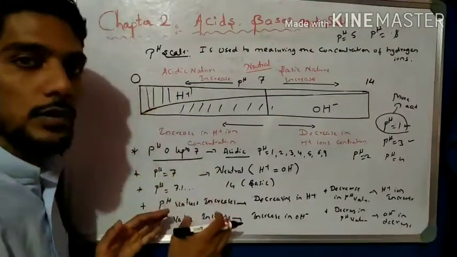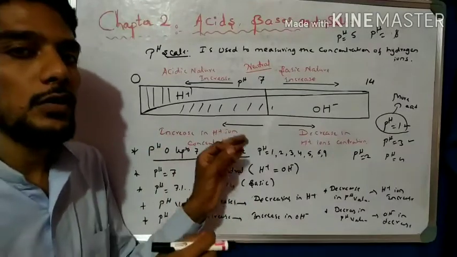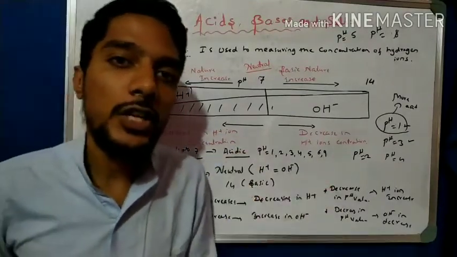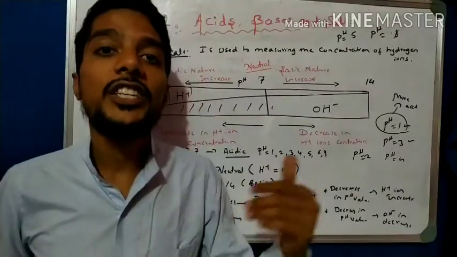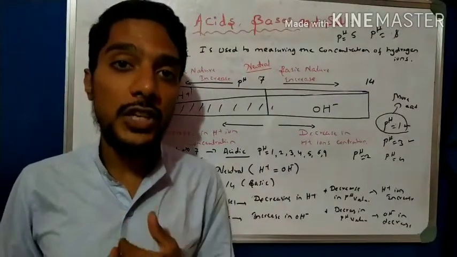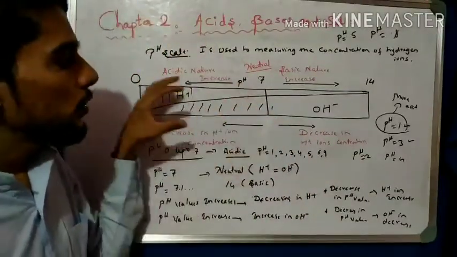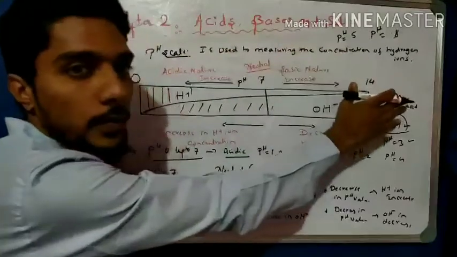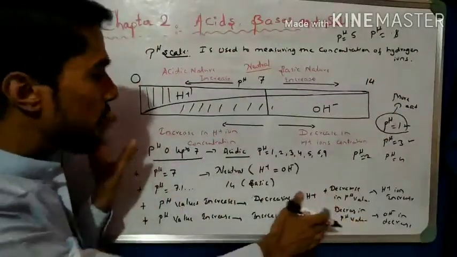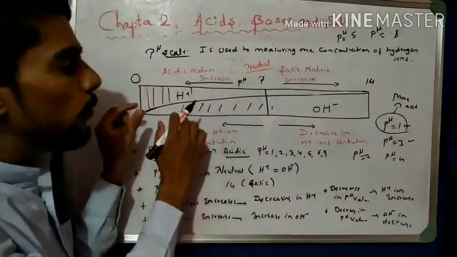And it is a very important concept. Most of the time they ask one-mark questions from this concept. What happens to the concentration of H+ ions when the pH increases? What happens to the concentration of OH- ions when the pH is decreasing? All those questions are asked from this concept. Simple, you have to remember this diagram, you do not require all these points. Simply practice this diagram only, and by using this diagram you will easily find the answers.